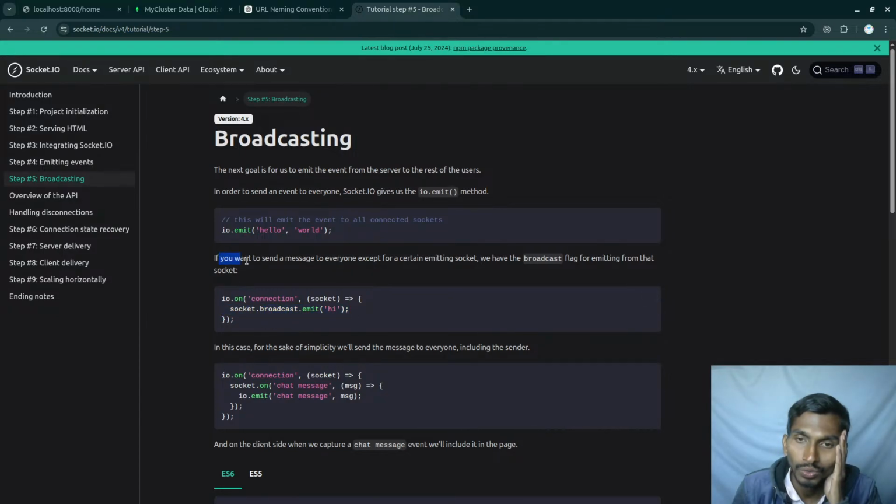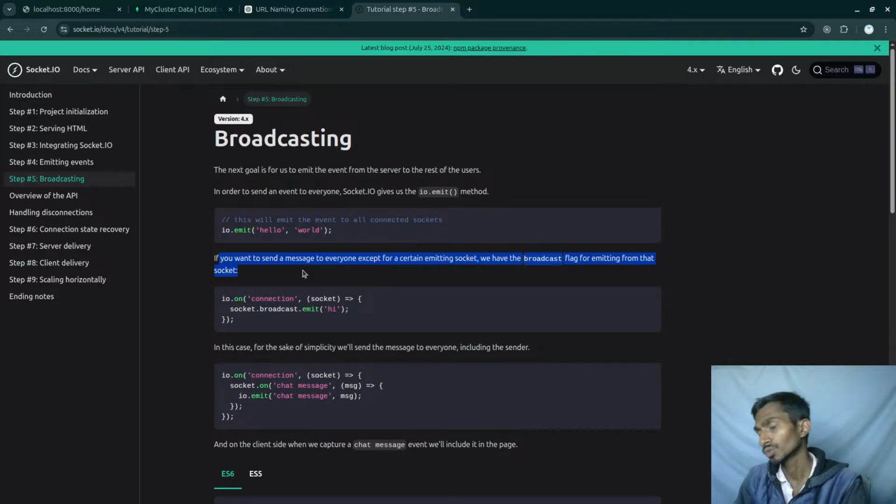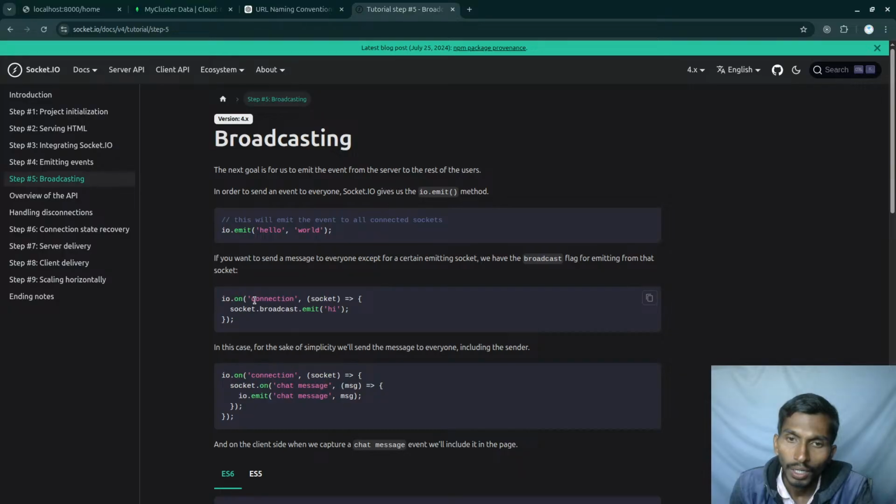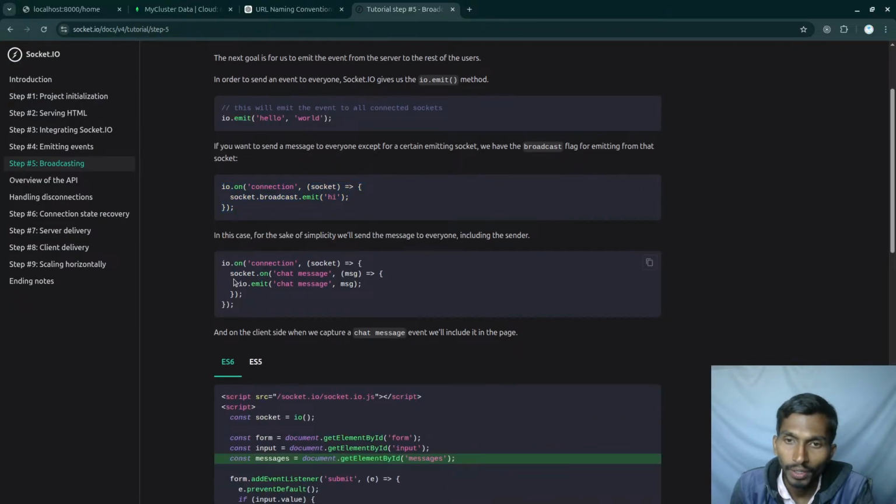Having said that, if you want to send a message to everyone, yeah, that's what I was saying. Except for a certain emitting socket, we have a broadcast flag for emitting from that. It's better to go through the documentation. It is a good one. By the way, the documentation has been written in a good way. io.connection socket emit, it simply emits to all the users, and socket.on chat message, I'm gonna be getting